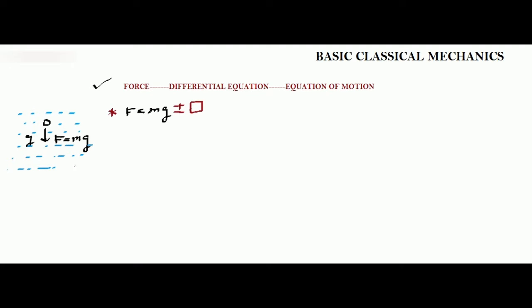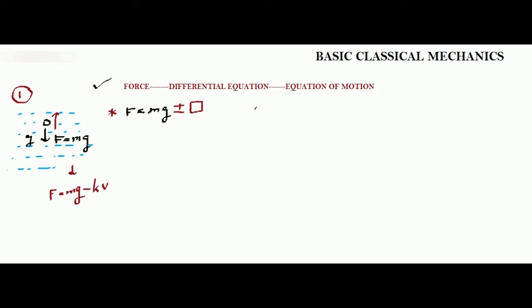So in this case, when there is water, what will be the modification in the force equation? There will be F equals mg, and the modification will depend on whether the environment is putting force in the same direction or in the opposite direction. In this case, the environment puts a drag force in the opposite direction. Hence, it is decreasing the net force. Hence, there is a minus, and the drag force we all know is kv. We have already discussed it in our last class. So this is system number one. System number one is the free fall system.